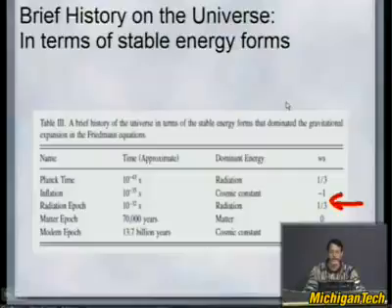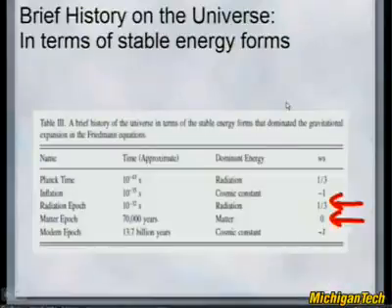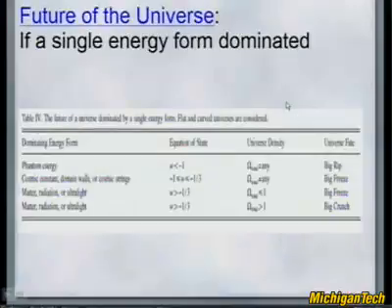After a while, the radiation diluted faster than the matter, so the matter took over and dominated the expansion of the universe, and we went into a matter-dominated epoch for a while. Now, in our modern epoch, the matter is diluting relative to an even smaller cosmological constant that permeates the universe, and we're moving into an epoch again dominated by a W equal to -1 energy form. Jumping into the future, if the universe is dominated by phantom energy, we will undergo a big rip.